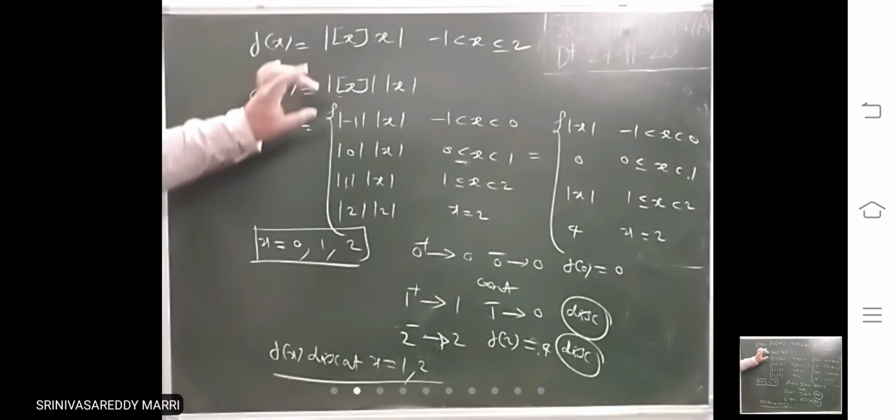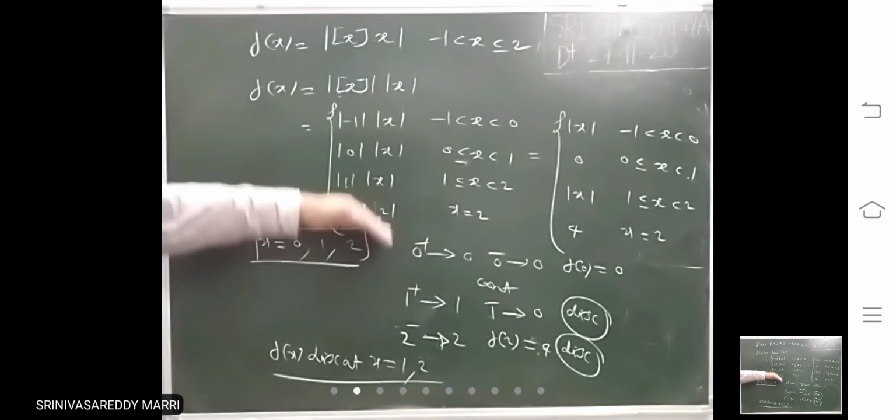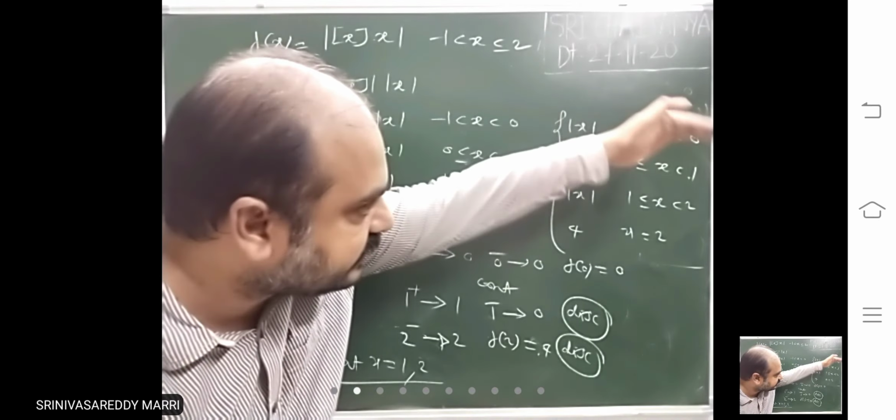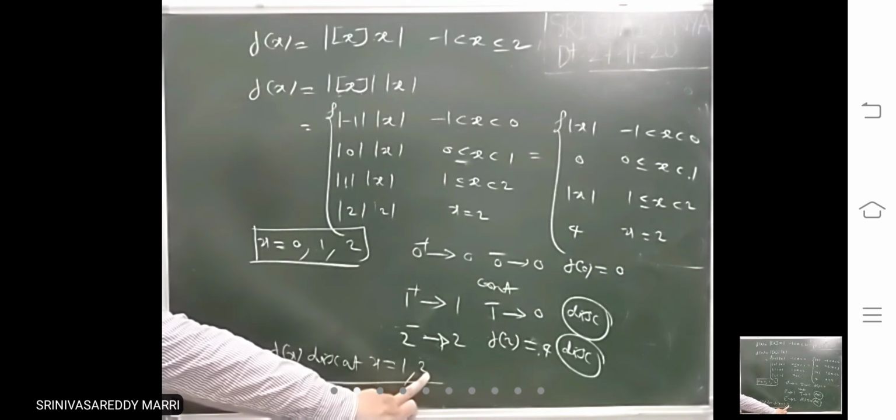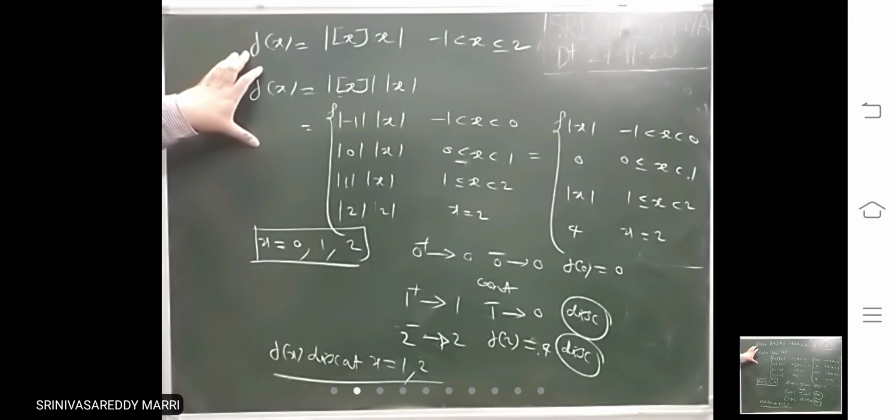If the rules are not given, based on step x you write the rules like this, and then where the function is changing the rules, at that point you check the discontinuities. That means except 1 and 2, the function will be continuous everywhere. Like that, for some functions you have to write rules on your own. Look at next one more problem.